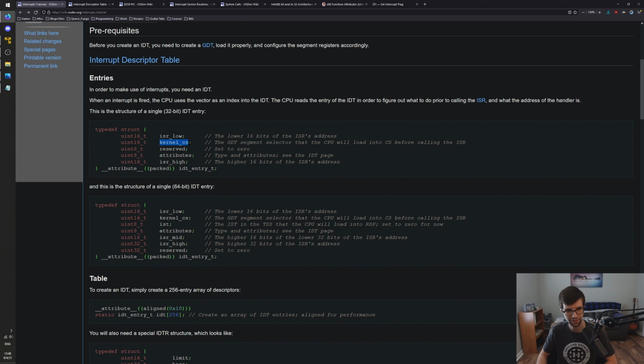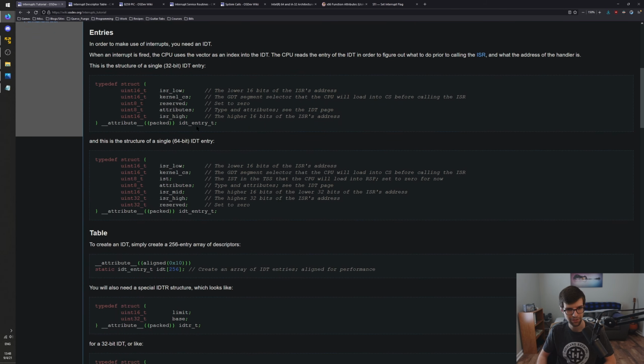It gives the code segment that it runs in, and then a reserved field, and then it has some flags determining if it's a trap gate or an interrupt gate. We're basically just going to set up a big array of these entries and then set functions, the addresses of functions within the entries of this overall table, so that when an interrupt is fired, it'll look at the entry in the table and say, okay, I need to go to this function